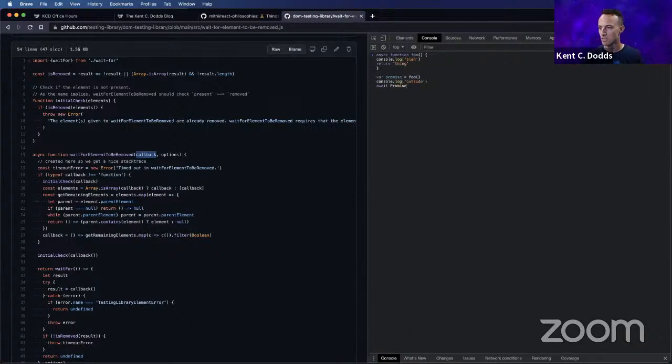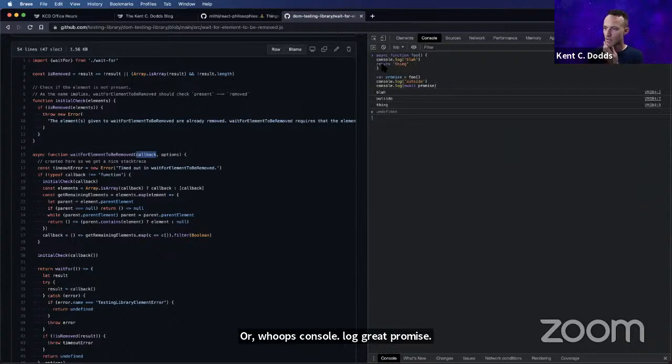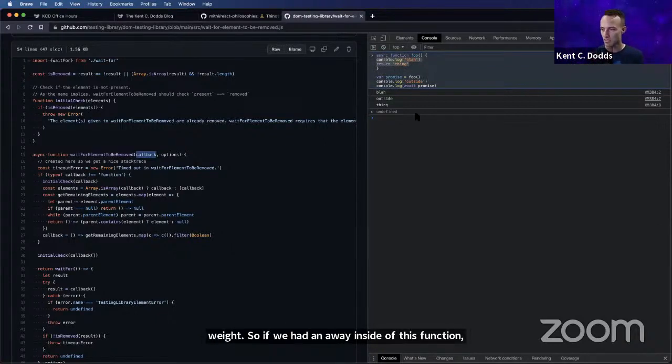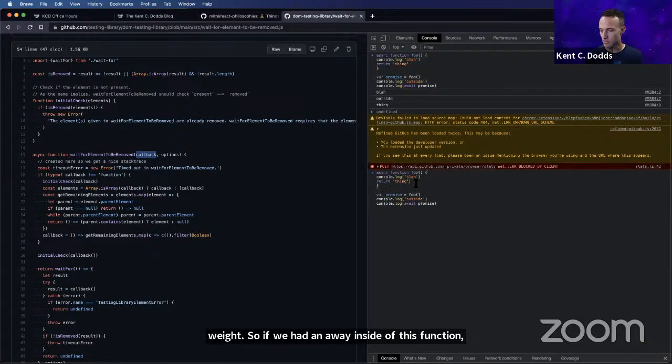Console log, await the promise. Yeah, that's what I thought. So everything that happens in the body of the function until you hit an await. So if we had an await inside of this function, then yeah, actually, let's just verify that really quick too. Await thing. Yeah, so still.